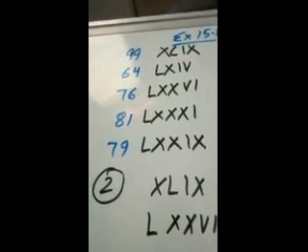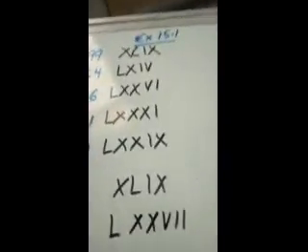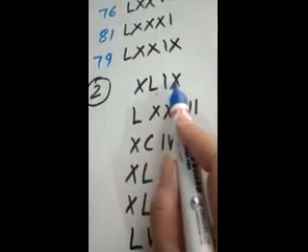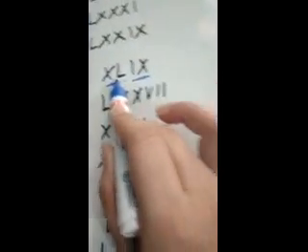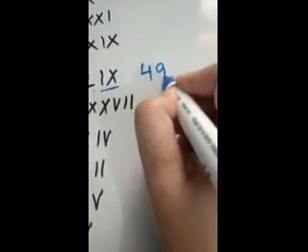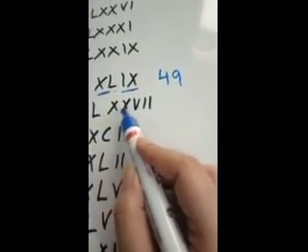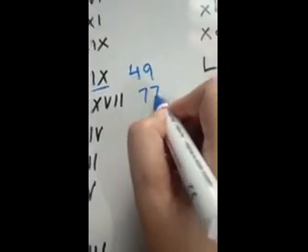Now the second sum is opposite to it. You need to be very careful in that. You are given Romans and you have to convert Romans into Hindu Arabic. First is XL, and this symbol we know is 9. XL is 40. So 40 plus 9, it's 49. 50, 60, 70 and 7. 77.